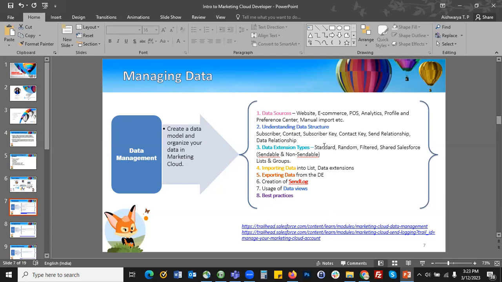So let me know how many of you are aware of this data management topic already.